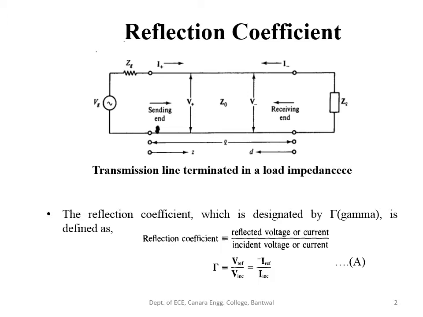the load ZL. The voltage and current at any point along a transmission line can always be resolved into forward and reflected traveling waves given a specified reference impedance Z0. In terms of the forward and reflected waves determined by the voltage and current, the reflection coefficient is defined as the complex ratio of the voltage of the reflected wave to that of the incident wave. This is typically represented with a gamma and can be written as equation A.